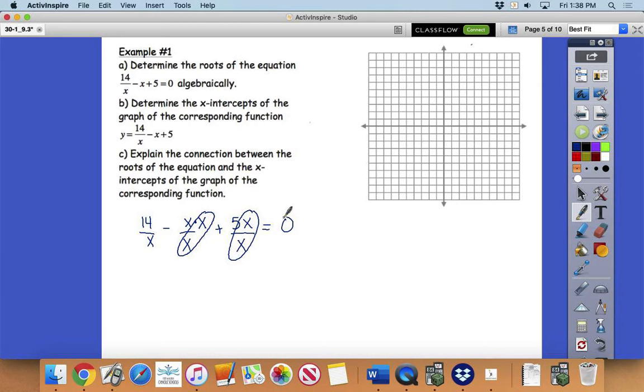Now what we can do is multiply both sides by that lowest common denominator. I would do it on this side as well, but anything multiplied by 0 gives me 0, so it's not really necessary to do it there. But if there was a number other than 0, I would have to do that. Now, once you have that done, you multiply the entire expression by x. What that does is it crosses itself out. It crosses all of these off with this one. So as long as you do it to all of the equation, the left side and right side,